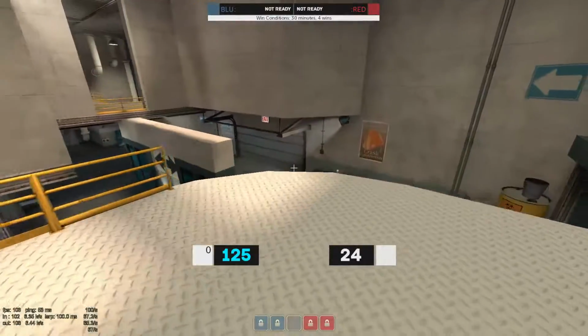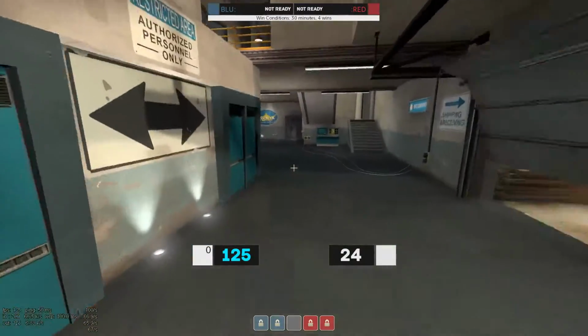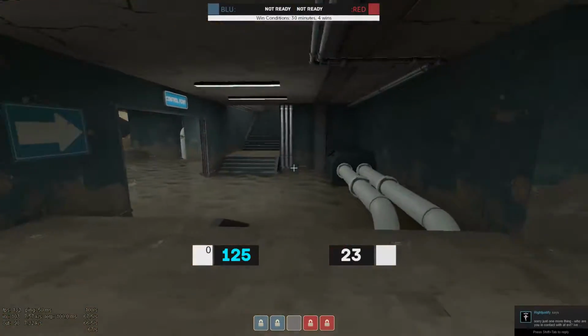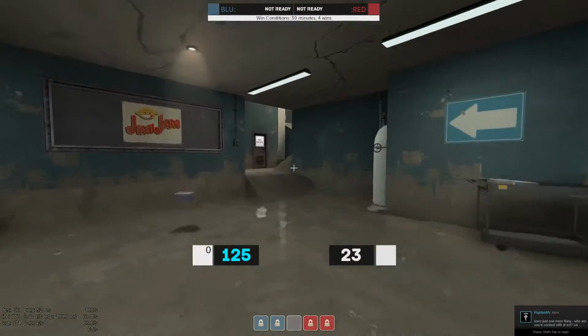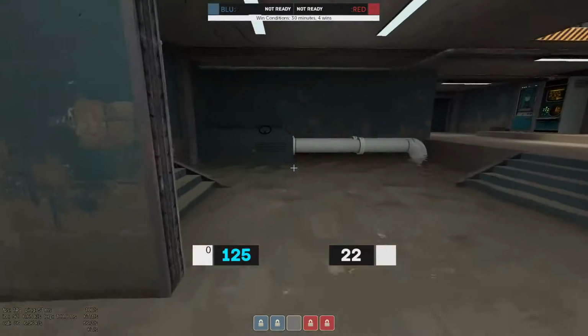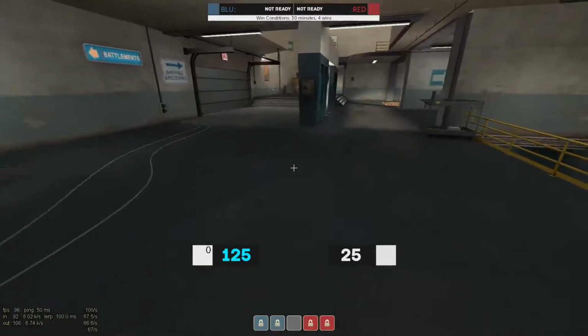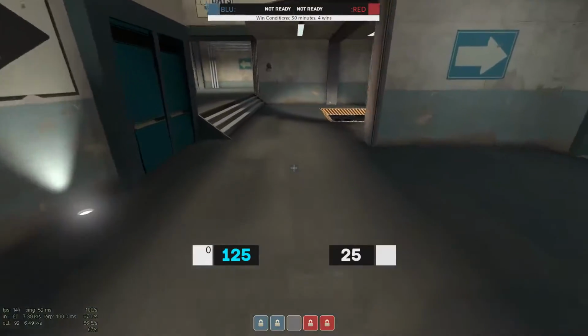But red has access to a small health pack there, a medium health pack there. They've got another medium health pack down here, and then they can potentially get another small one if they're pushing out into last. And compared to the last points on other maps, say Process or Gully, there's not that much